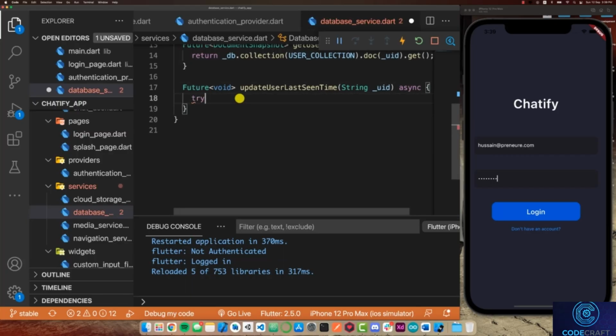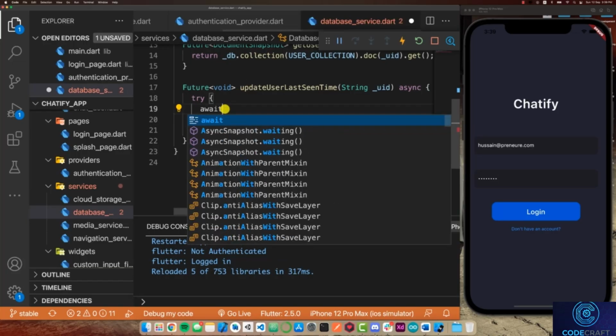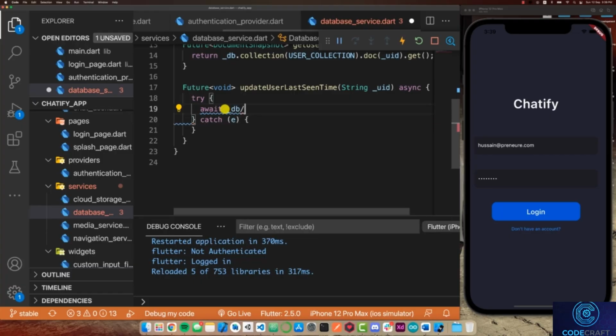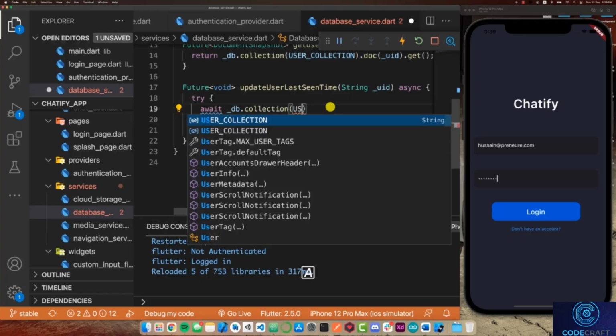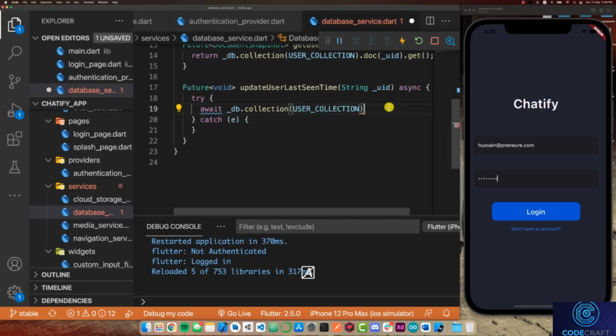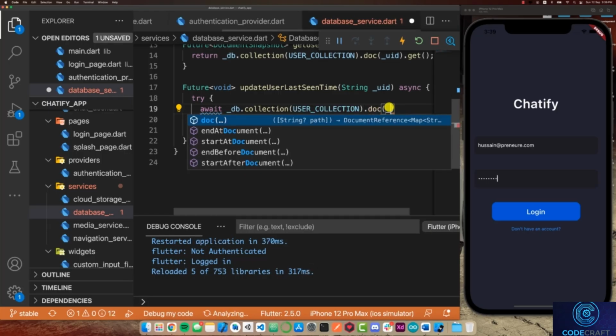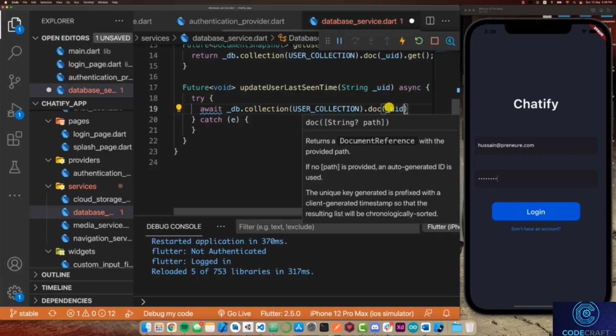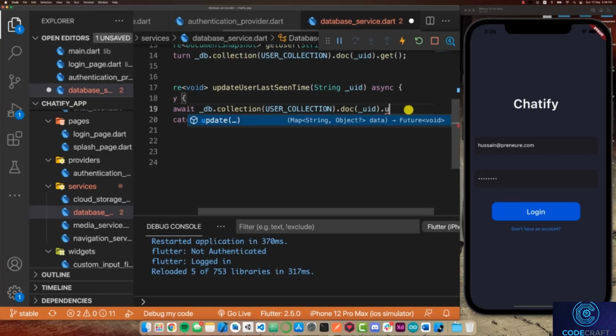In that case, I'm just going to be adding a try catch block, and inside of the try block I'm going to await the db.collection, and then I'm going to go to the user collection, and then I'm going to go to the document which is specified by the UID, and then from there I'm going to call the update function on it, and